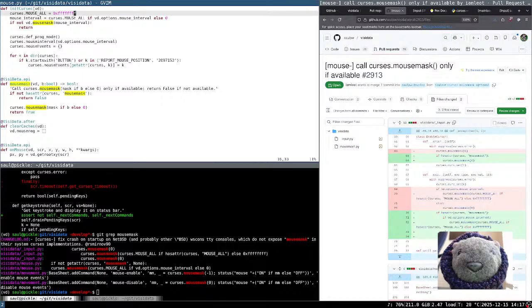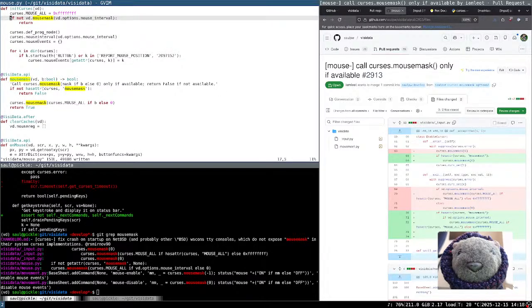And actually, we're going to do if mouse interval, VD options. It's not going to be the mask, it's going to be the versus mouse all. And we pass the mouse interval in there. And really, it's just the bool of it, but this is fine. Mouse interval. Okay, so we'll add that, and then now